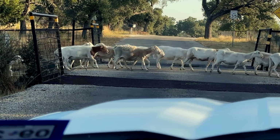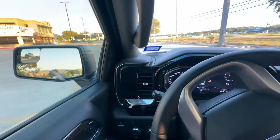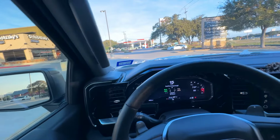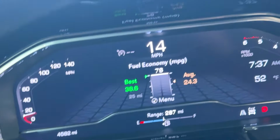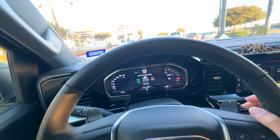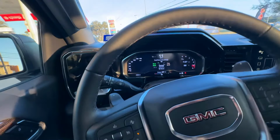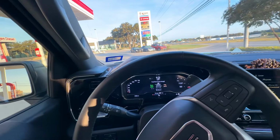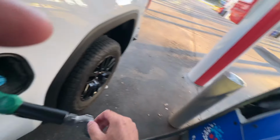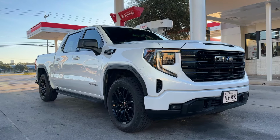Playing games with our miles per gallon test. We're pulling up to the quietest gas station around because my truck says that I got up to 38.6 miles per gallon, which we're gonna fill up. We're gonna do a miles per gallon test today, and we're gonna see if this is achievable on a regular day drive. Filling up here, let's go ahead and give you a quick rundown on this truck if you're not